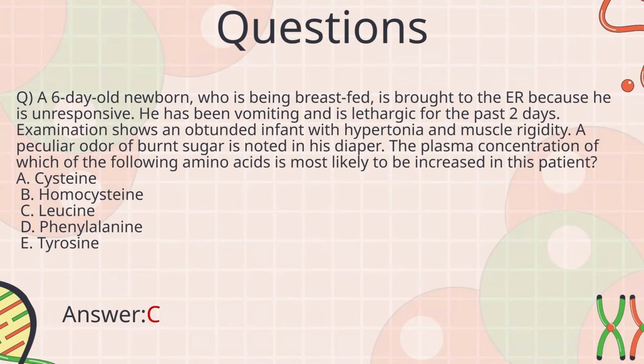Answer is C, leucine, because we already talked about how when you have increased leucine, isoleucine, all of this, right? It will cause maple syrup urine disease. And in maple syrup urine disease, you're going to smell like burnt sugar, right? And muscle rigidity and all of that, right? Yeah. So,